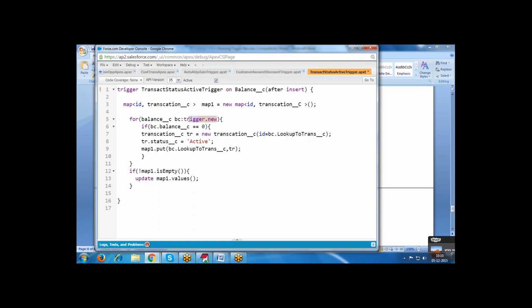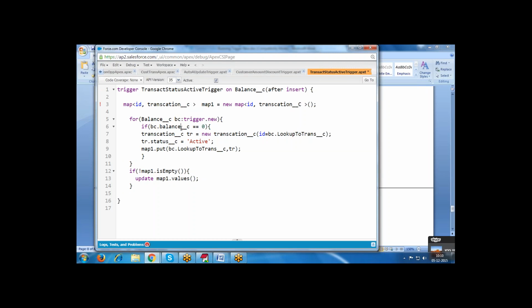Whenever we are creating one record in the balance, the balance record is getting stored into an object. The type is balance or BC. Now in the BC there is a balance amount.